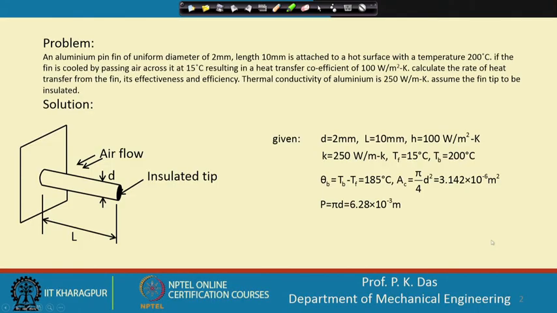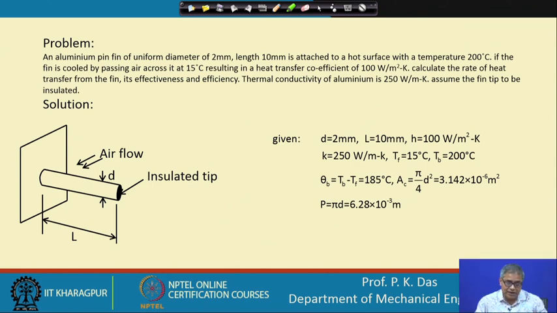So, first, this is not truly speaking a heat exchanger problem, but basically a heat transfer problem, but we will have some idea of how fin calculation can be done. I have taken a very simple case. What we have done is like this: we have taken a fin on a plane surface, and this fin is a very narrow cylinder. This type of fin is called a pin fin. So, only one fin is there whose diameter is d and length is L,